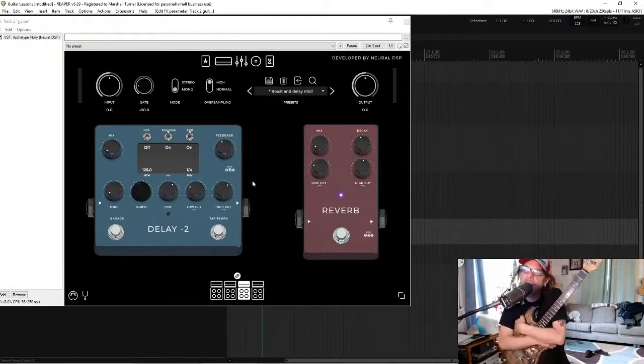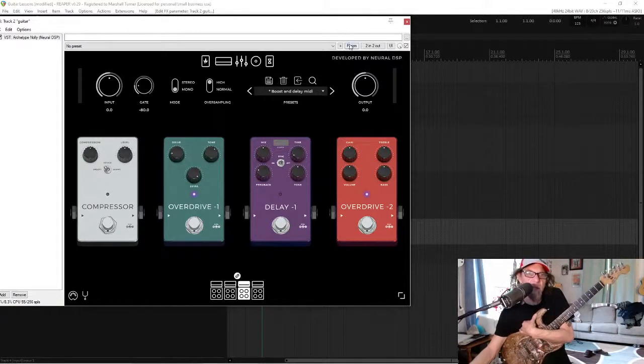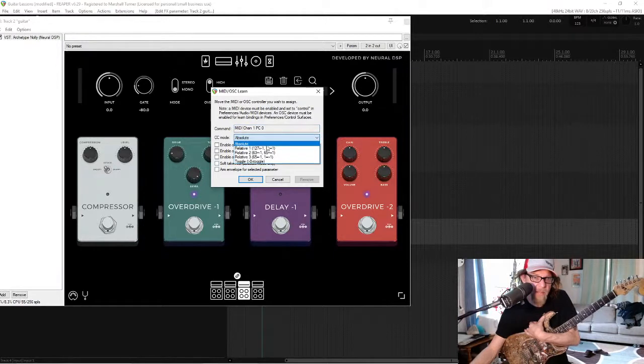There is a function for toggling, to be able to turn, let's say, your overdrive 2 on and off, right? I'm going to see if I can do this. We'll give it a shot. So I've just pushed the button. I go to parameter, and I go to learn, and I've stepped on button number 1, and it shows up right there. And I'm going to set this as toggle